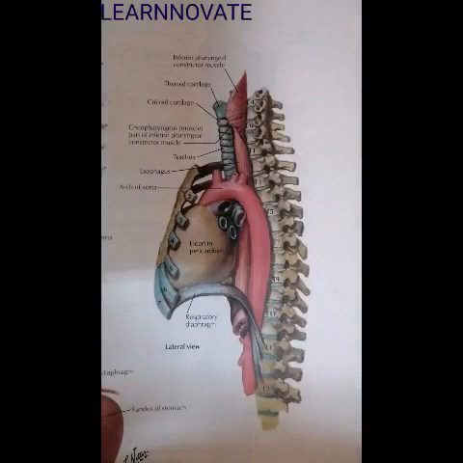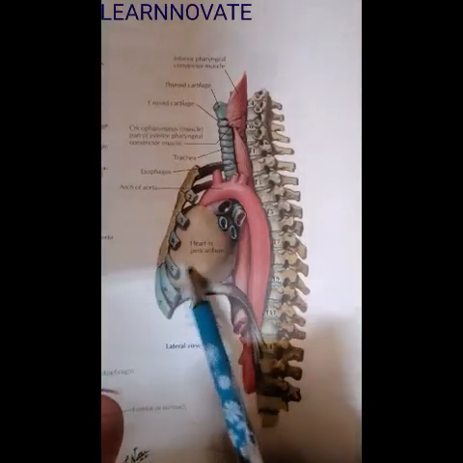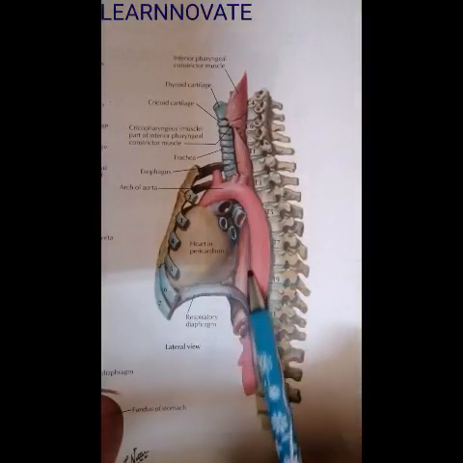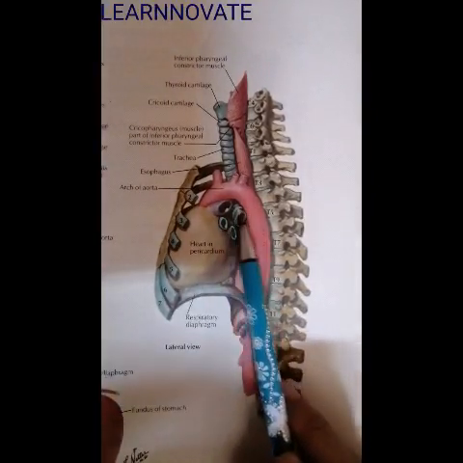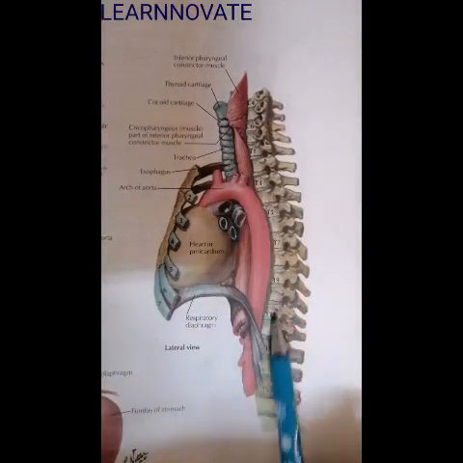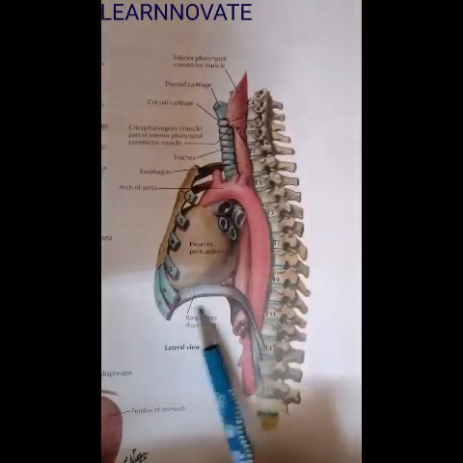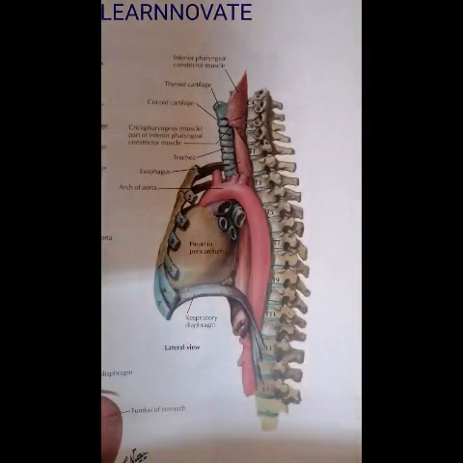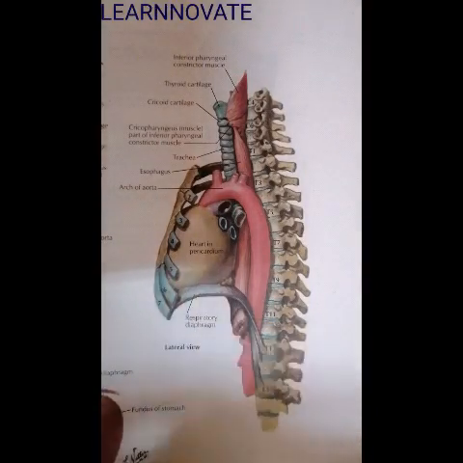So this was a general explanation about the structures present in the anterior compartment, the middle compartment, that is the pericardium, and in the posterior mediastinum. Here you can see the structures that we have discussed: the aorta, the thoracic aorta, the thoracic duct, and certain structures. Then comes the vertebrae level. So this part, starting from the superior thoracic aperture till the diaphragm, is the mediastinum, and we have discussed the contents of the inferior mediastinum, that is divided into the anterior mediastinum, the middle mediastinum, and the posterior mediastinum.